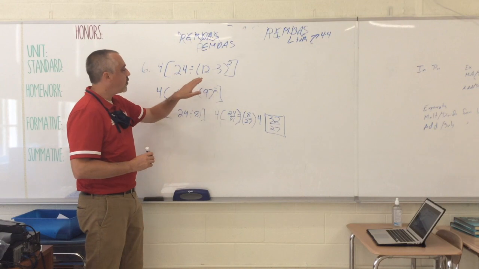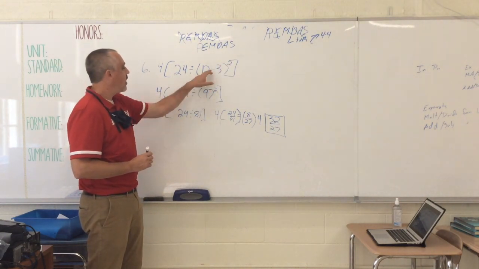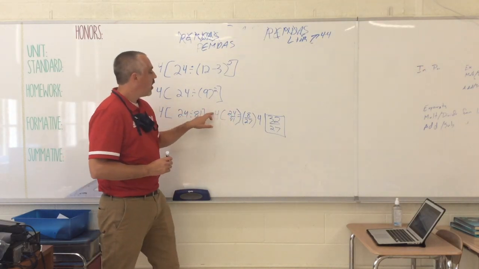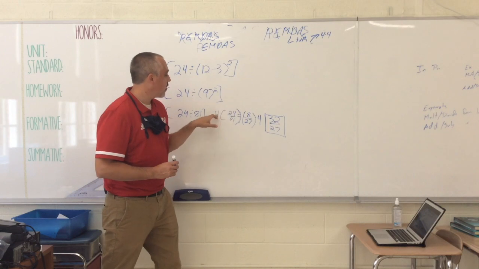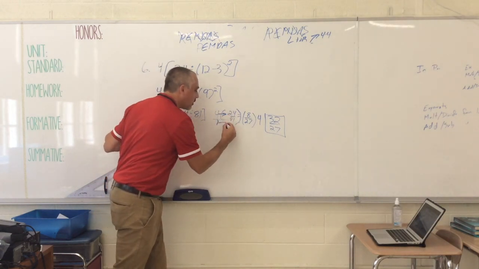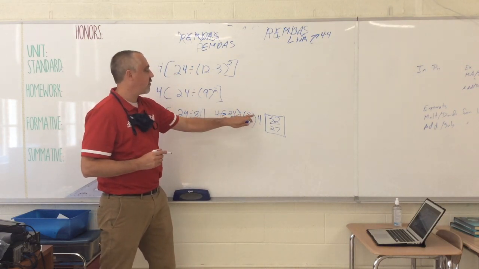Again, just going back, I do my innermost parentheses first. I square it. I do 24 divided by that squared 81. I write it as a fraction, multiplied by 4. You could have multiplied it out, numerator times numerator, because, again, that becomes a fraction, and I go straight across. And then I could have got a number and simplified, but I like to simplify the fraction first, so that